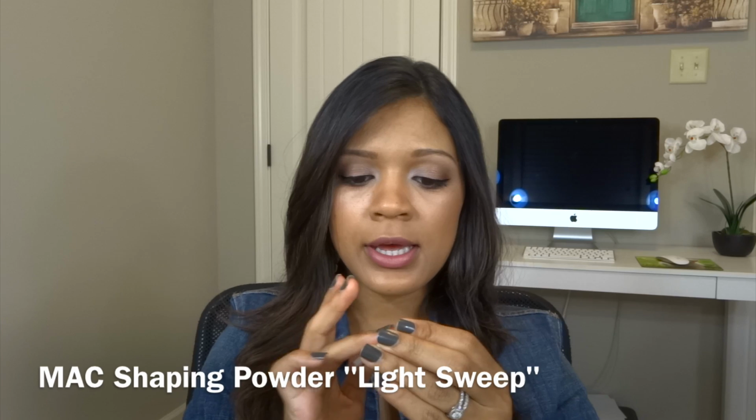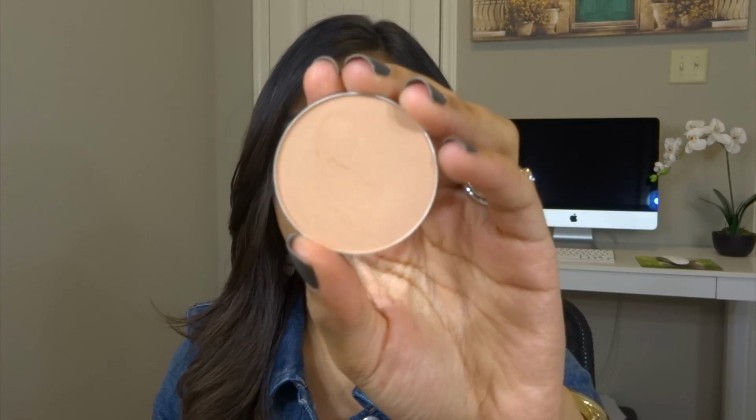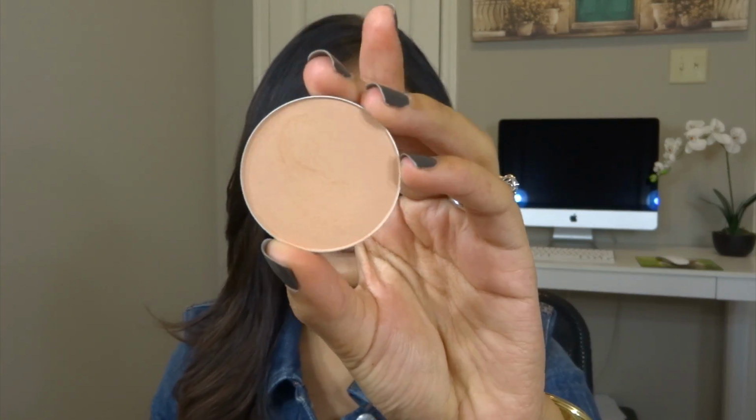So the first product is the MAC Light Sweep. And this is a setting powder. Well, it's a shaping powder, but it's a really good setting powder. It has a little bit of coverage in it. I wouldn't use this for coverage though. It has a little bit of opacity, I should say. But it gives off a really pretty glow. And it's great for under the eyes. I really like using this under my eyes and to highlight my cheeks, just to kind of brighten everything up. And because it does have a little bit of that peach tint to it, it'll cancel out some of the